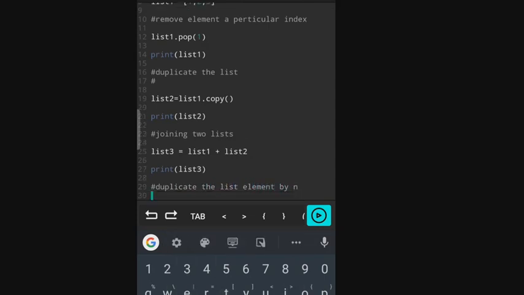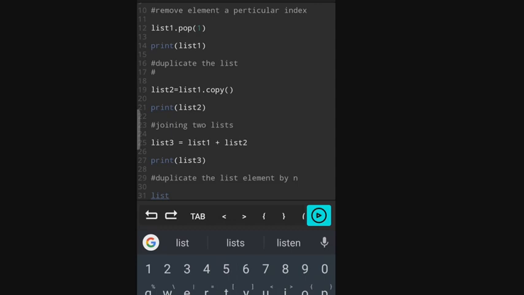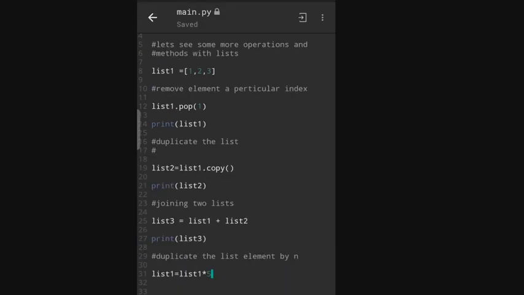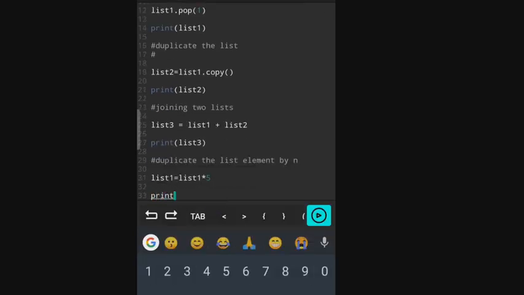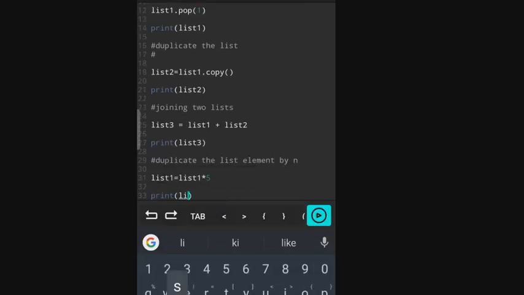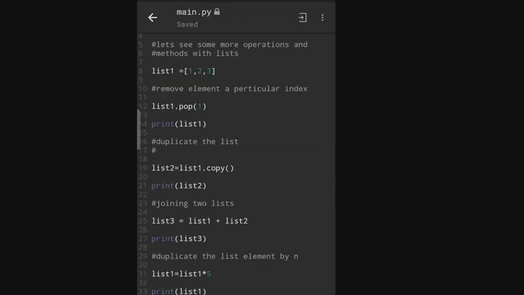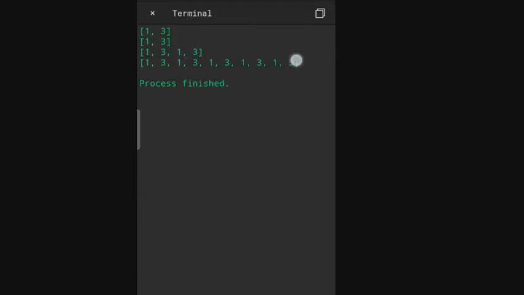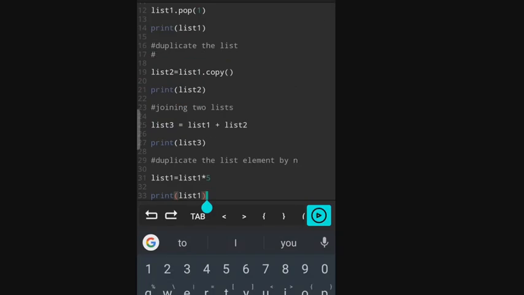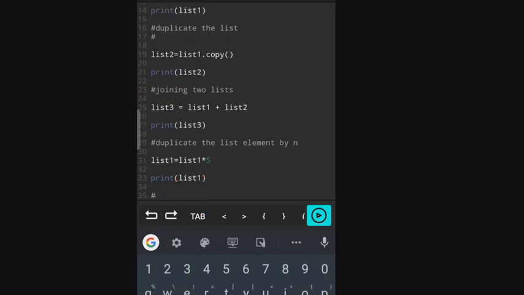We can also duplicate the list elements n times. For this, we need to multiply our list by n. You can see in the output, when I print list1, all the elements are duplicated 5 times.